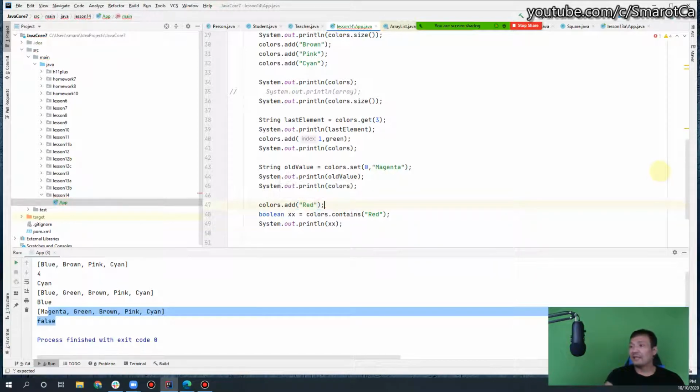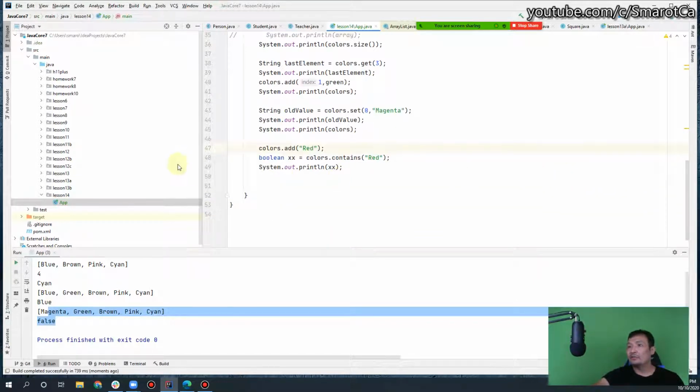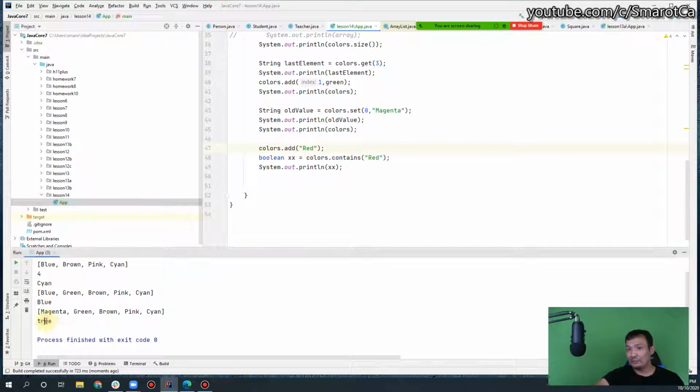And I believe now I should have true, because red is in the array. So true, because I just added it. I can see here, because I'm printing prior to it, that red is here, so it returns true. So the contains method allows us to make a search in the ArrayList. Next,